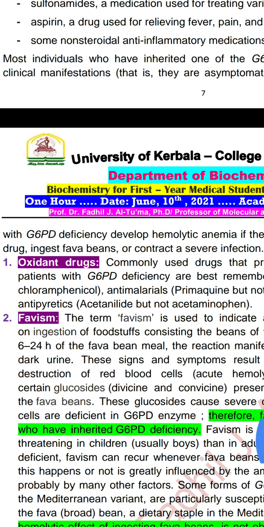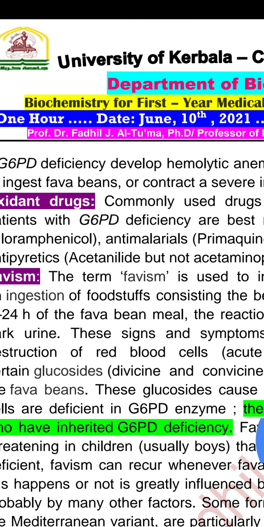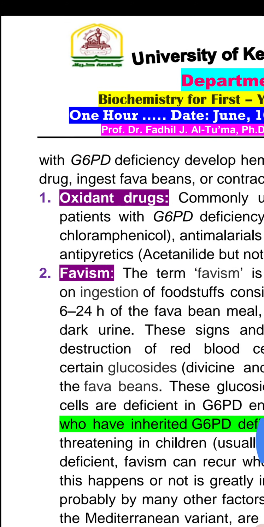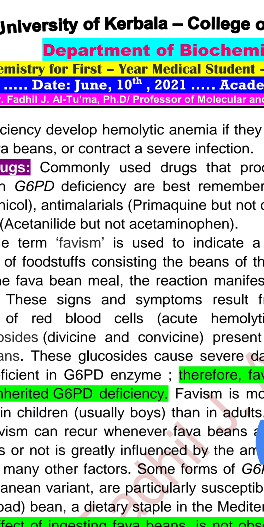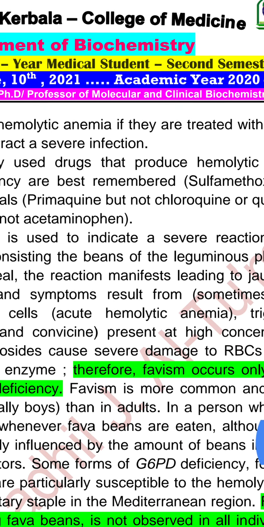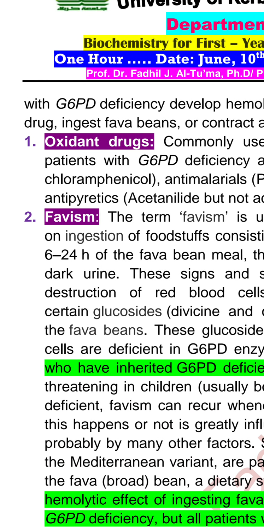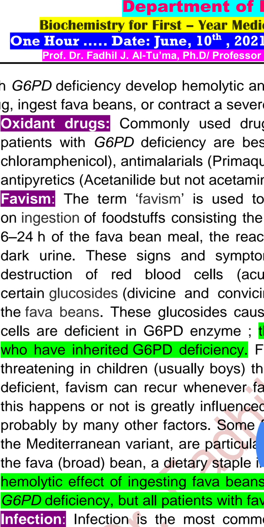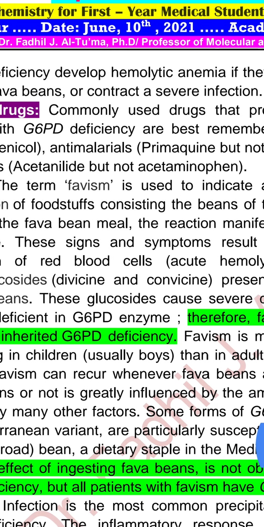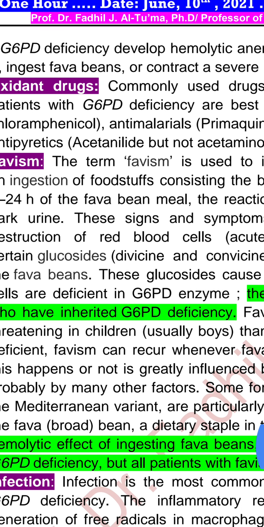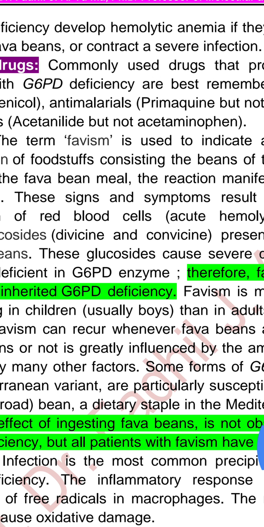أيضا في حالات الأوكسيدنت drugs that commonly used that produced hemolytic anemia in patient with G6PD deficiency هذه are remembered, such as sulfamethoxazole and chloramphenicol, anti-malarial agent primaquine, okay, antipyretics, acetanilide, but not